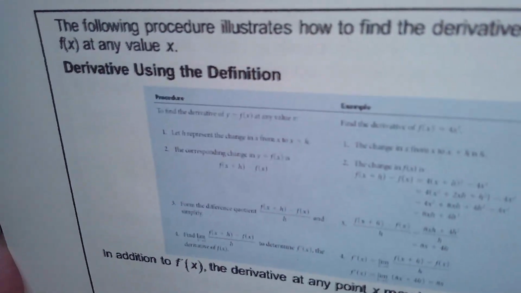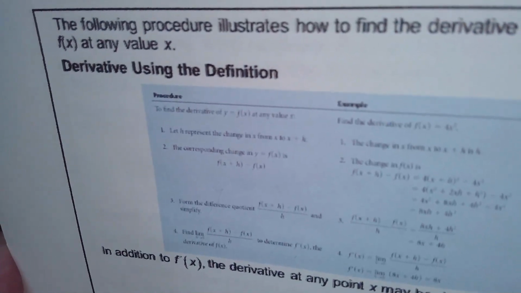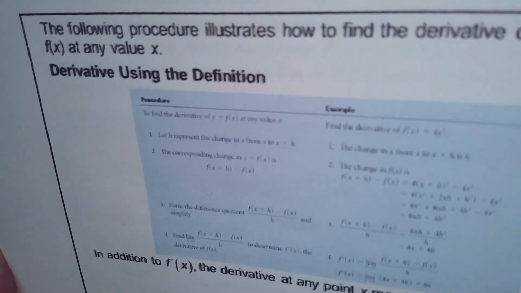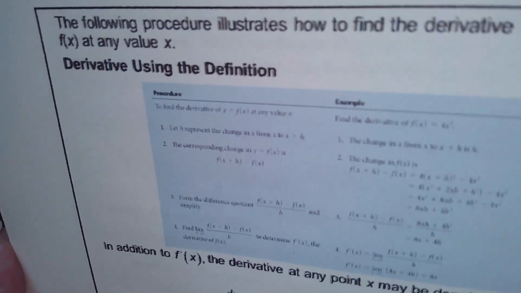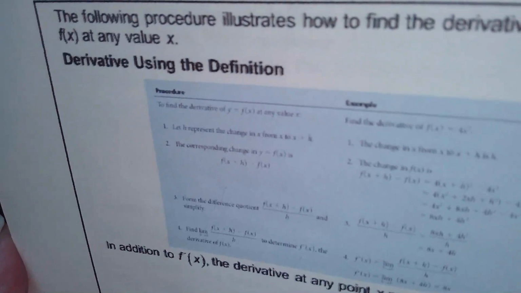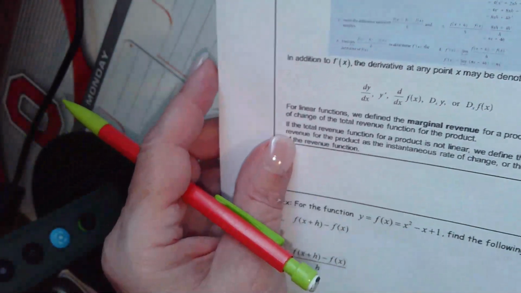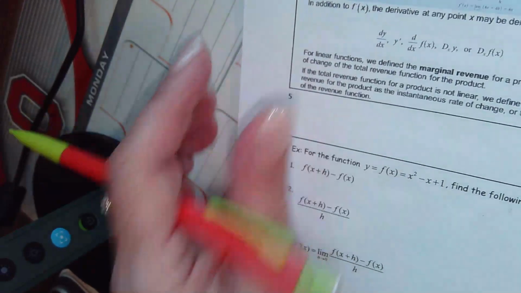But this is just another example of you finding the derivative. So if they ask you to find the instantaneous rate of change, what you're finding is your derivative. That's it, all right? And I'm going to take you through this. I'm going to show you an example down here. The other thing I want to talk about here